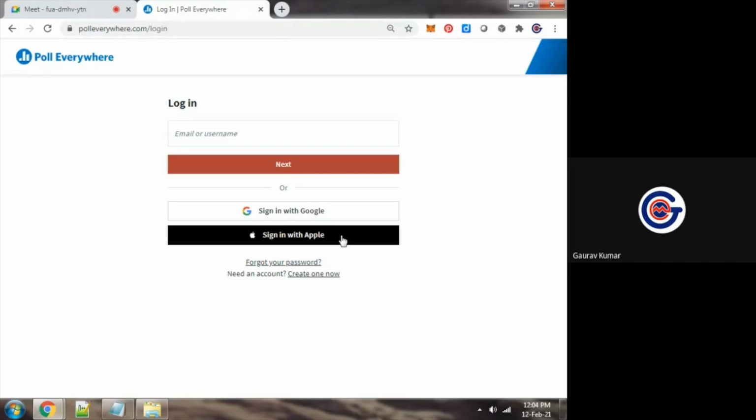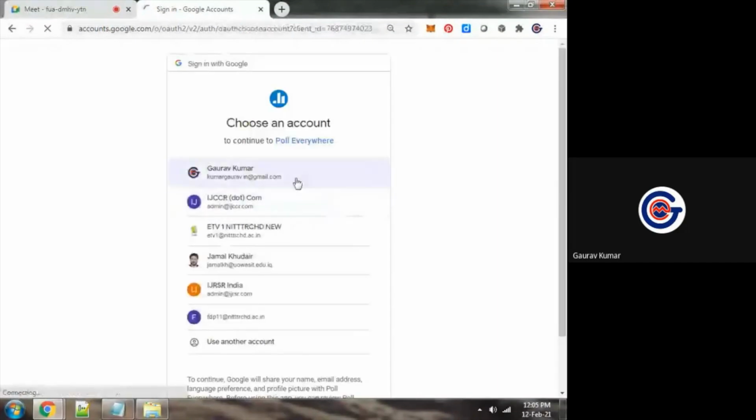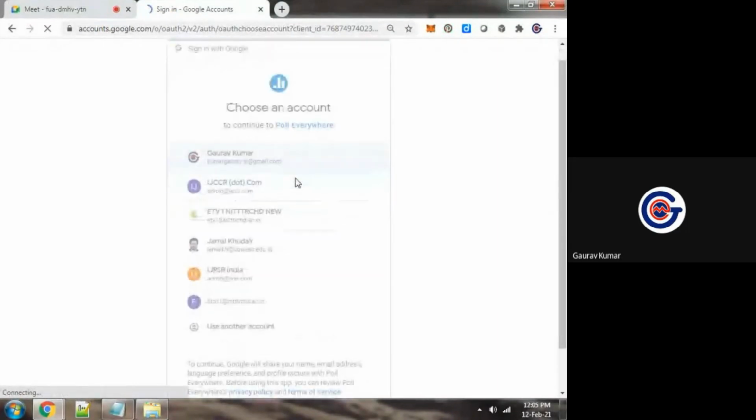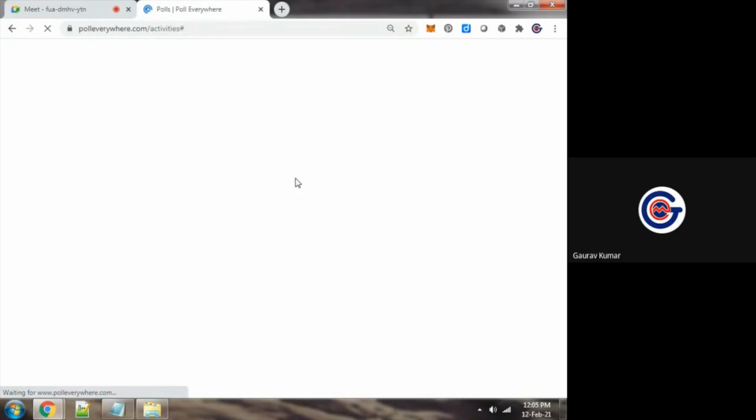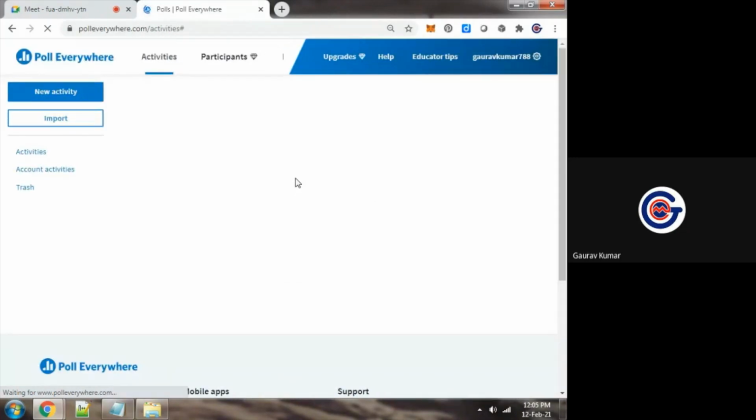Rather than remembering usernames and passwords of so many applications, we can sign in with Google. I will show you a very quick demonstration of real-time data collection from all of you without asking your personal details, whether in anonymous mode or with name.